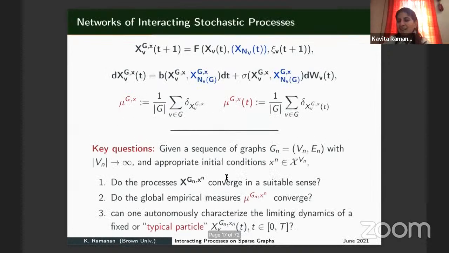Excuse me, can I ask a question, please? Yes, please. Can we answer the first question without identifying the limit? Because to me, in general, we have to identify the limit to make sure that we have convergence by using those differences between the distances. But maybe there is a case where we know that it does converge, but we don't know exactly the limit. Is it possible to have this case? So are you saying you would require 3 for 1? Is that what you're trying to say? Yeah.